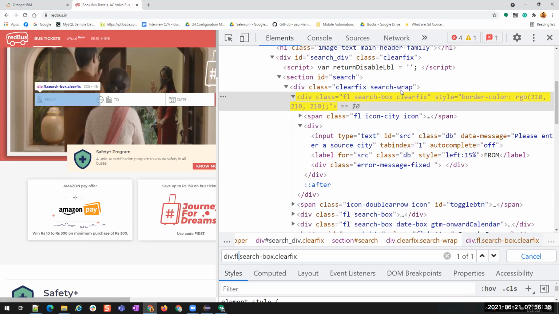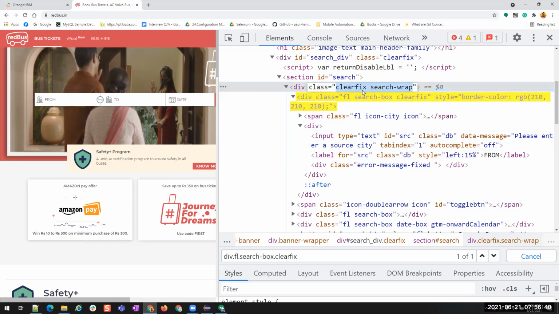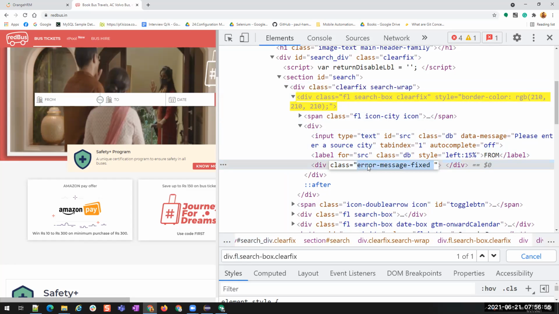See this? Clearfix search wrap. This is two styles. Clearfix is one, search wrap is another style. So if you want to find this element, then clearfix dot search wrap. But if you go to this element, it's a single style, error hyphen message hyphen fixed. This is a single style, so a single dot is enough.